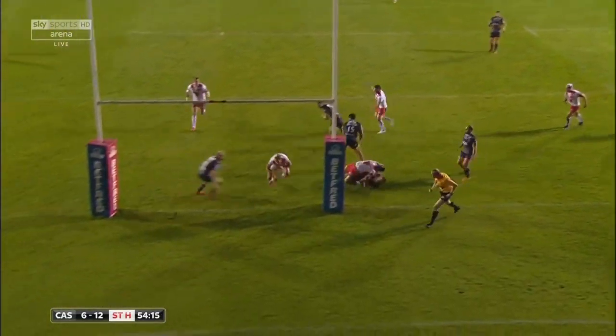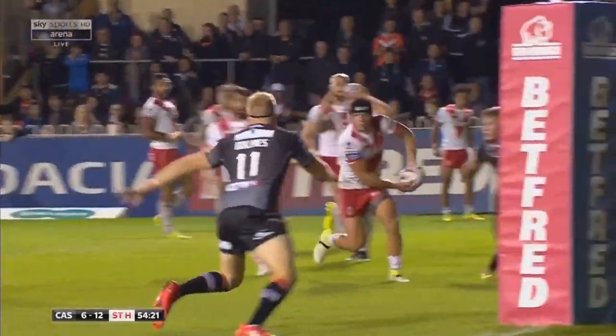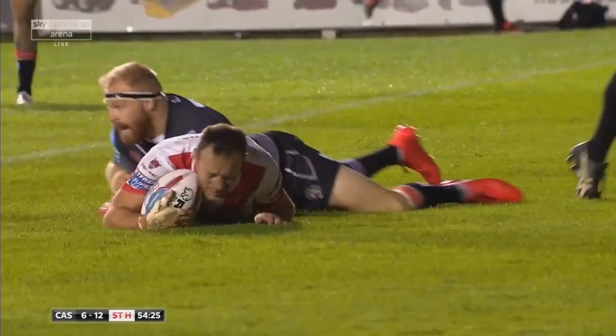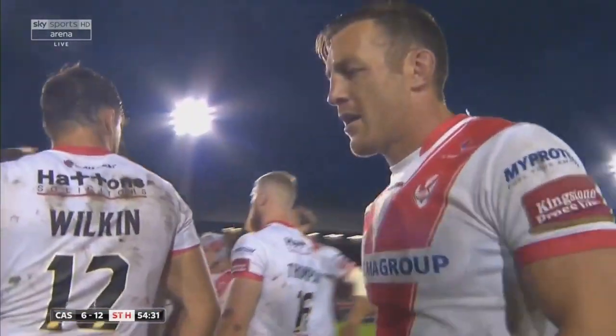Saints playing on the front foot. Johnny Lomax comes up from the fullback position, takes control at first man, and he just goes at the line, tips the ball on to Mr. Dependable, James Roby. And that's exactly what Saints needed. They needed to reply with a try, and that man certainly...